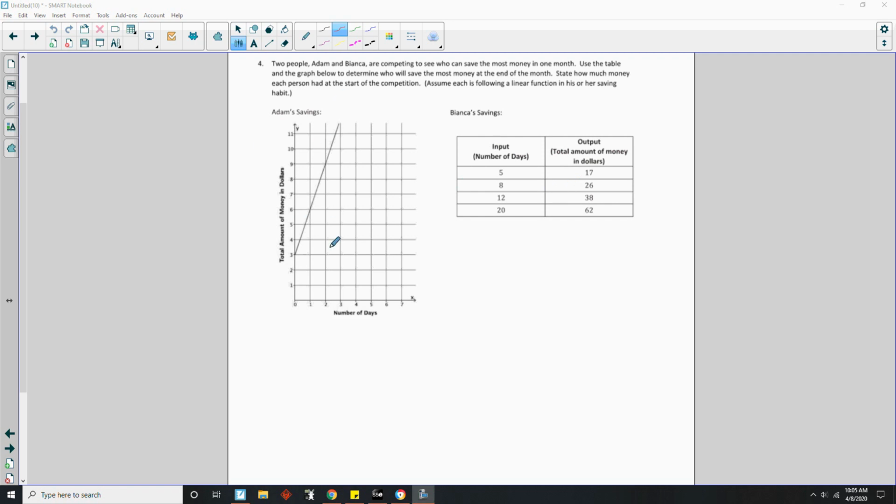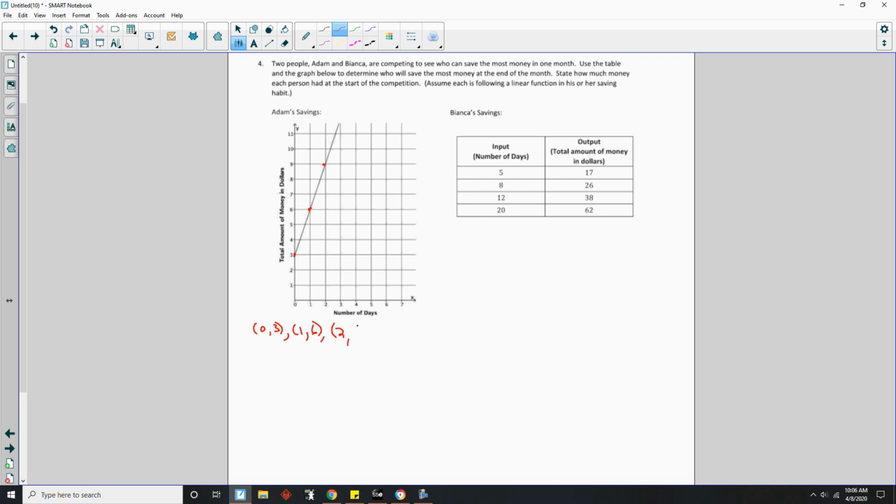Okay, so in order to find the equation of these two lines, we need to find the slope and the y-intercept in a graph. So Adam, number of days 0, is starting at $3 right here. And then at day 1, he's got 6. Day 2, 9. So he has the points 0, 3, 1, 6,